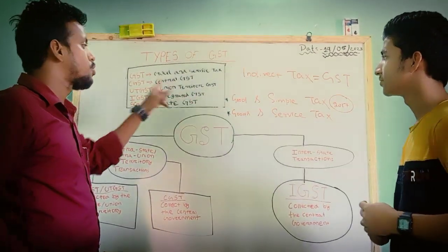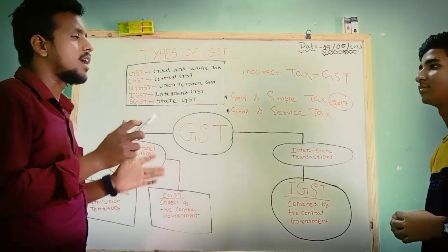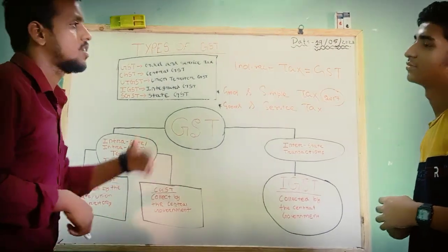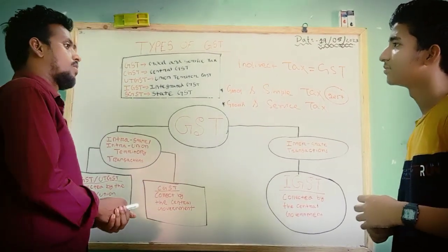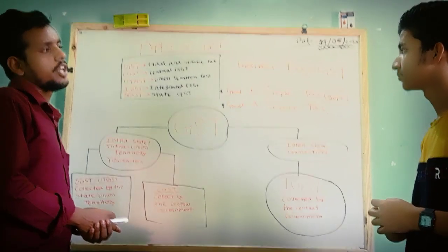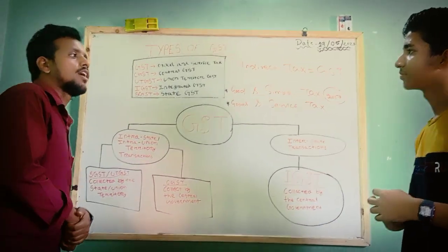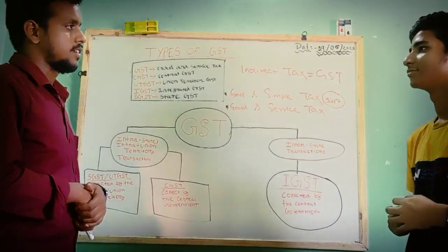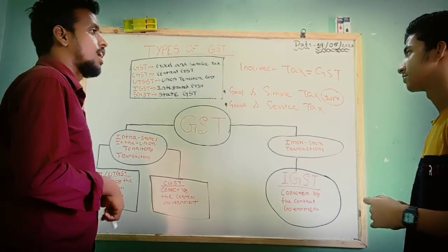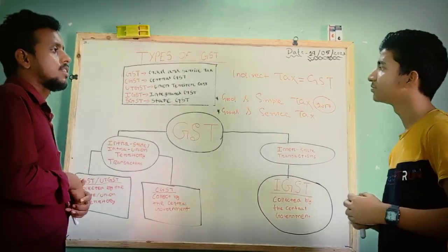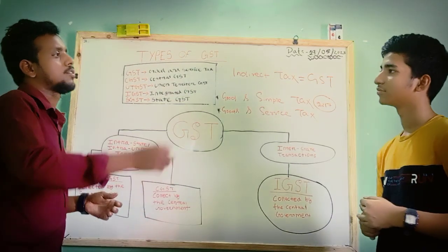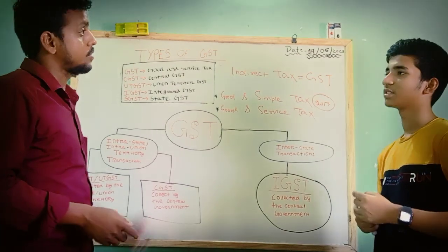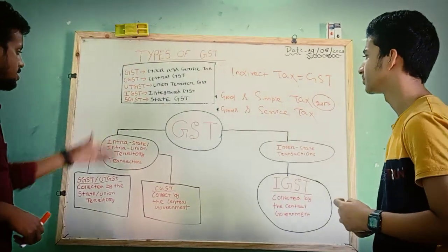Integrated GST means two states share their GST compensation and give 50% to the center, and they will take 50% by their ratio, 2:3. If the goods are produced in one state and sold in another, for example produced in Odisha and sold in Andhra Pradesh, then Odisha will take 30% of GST, whereas Andhra Pradesh will take 20% of GST, and the central government will take 50% of GST. Any doubts regarding the GST?